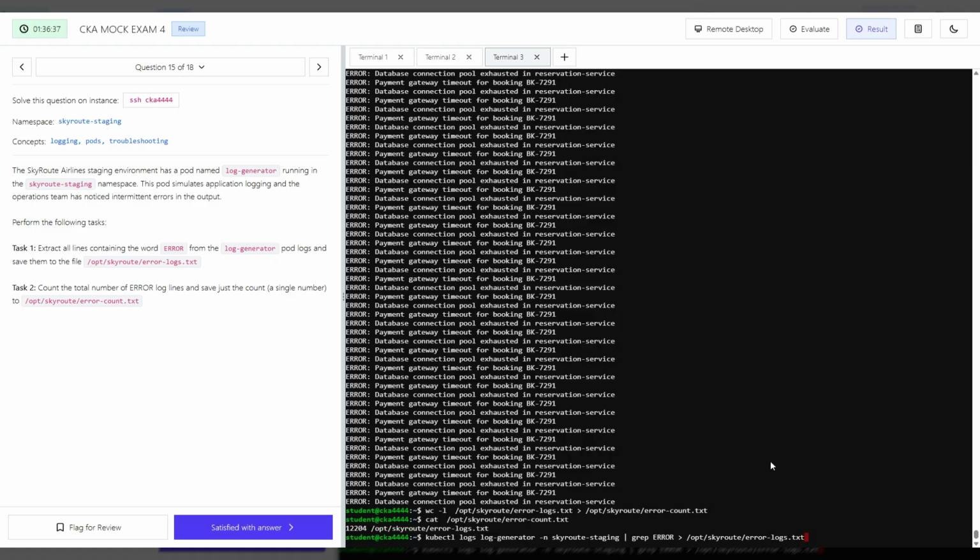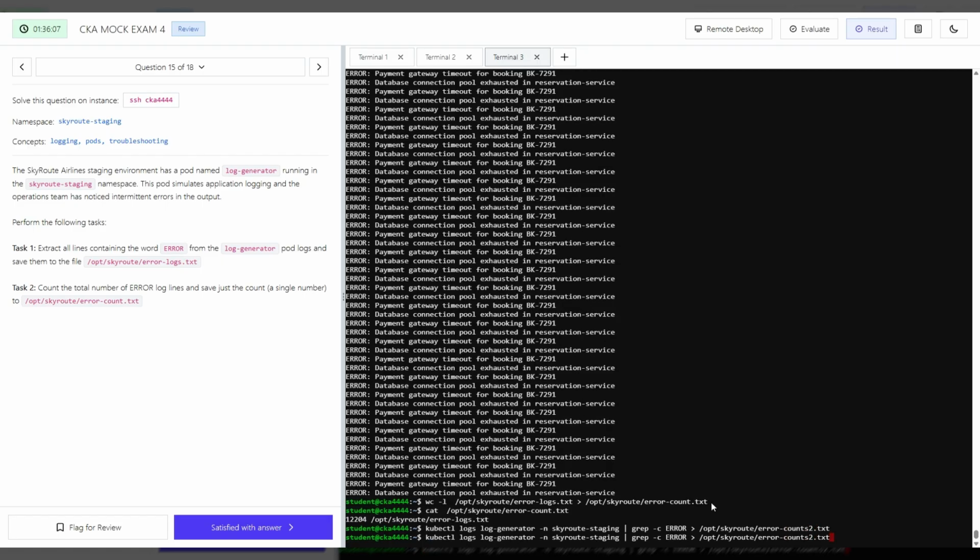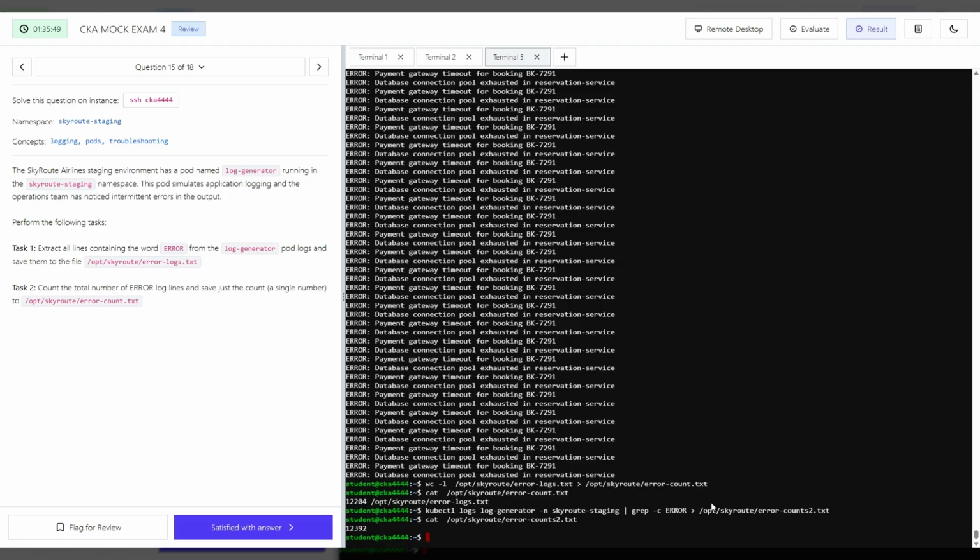There is another way to do it, which is to use grep -c error, to count how many times the word error has appeared. It should be the same. Oh, I don't know, but there is a little bit of difference. Ah, because the number